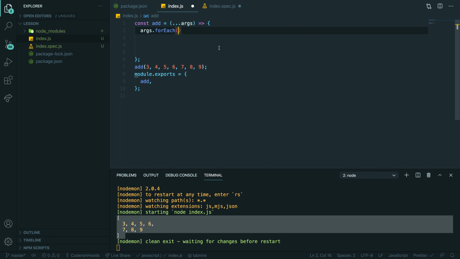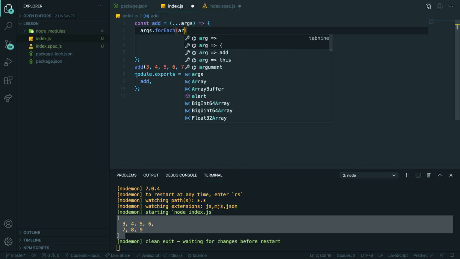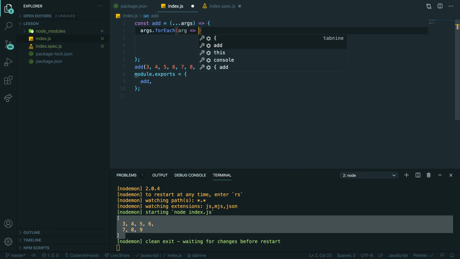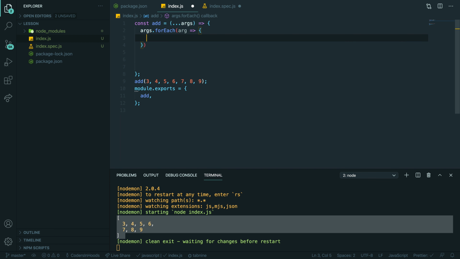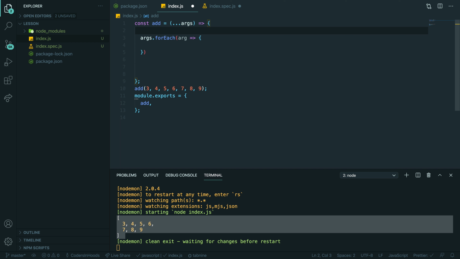We do a for each, and then we sum each argument. So for each arg, the arrow. And then you need to have another variable, let sum equals 0.